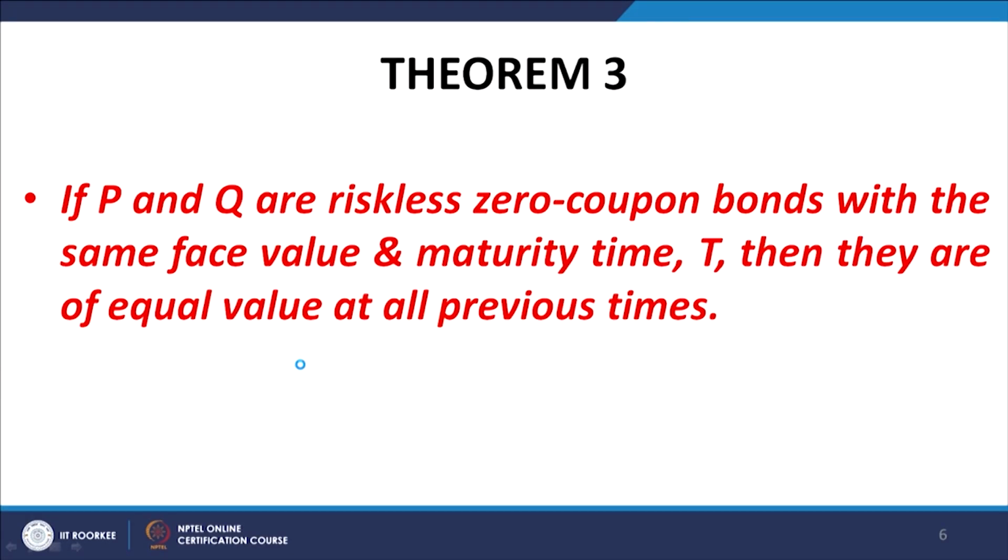So, in this situation it must necessarily be that x a minus x b must be negative, or x a is less than x b, or x b is greater than x a. That establishes the theorem. Then there is another theorem: if P and Q are riskless zero coupon bonds with the